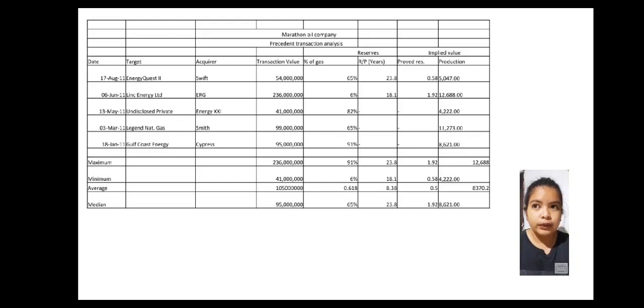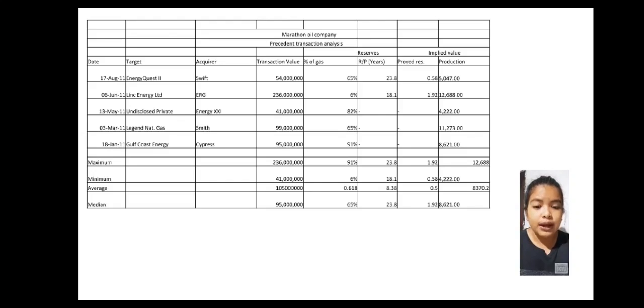In the transaction value, the maximum is 236 million and the minimum is 41 million, with an average of 105 million and a median of 95 million. Also in the reserves, the maximum percent of gas is 92% and the minimum is 6%. The average is 0.618 and the median is 65%. In the years, the maximum is 23.8 and the minimum is 18.1. The average is 8.38 and the median is